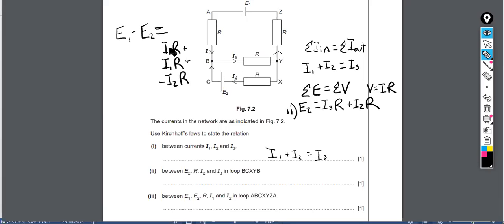And this equation, E1 minus E2 equals, you can combine these, I1R plus another I1R. Let's write it in its whole entirety: E1 minus E2 equals 2 I1R minus